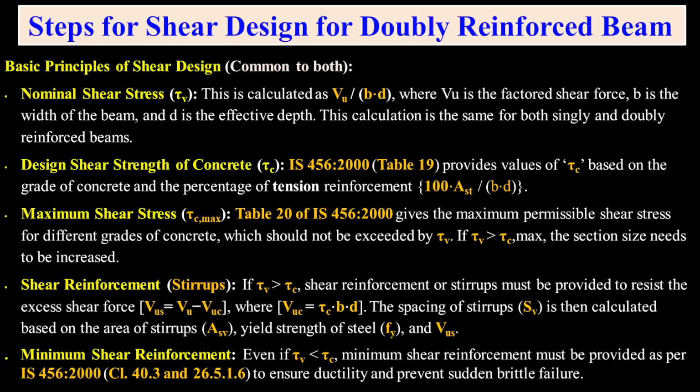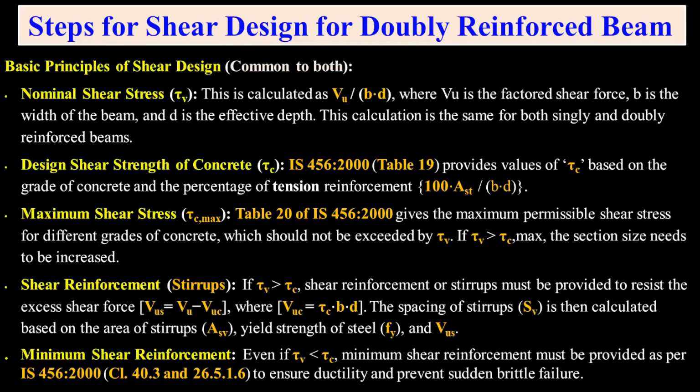Finally, for shear reinforcement, or stirrups, if tau v is greater than tau c, stirrups must be provided to resist the excess shear force, Vus. This Vus is calculated as Vu minus Vuc, where Vuc equals tau c multiplied by B multiplied by D. The spacing of these stirrups, Sv, is then determined based on their area, Asv, the steel's yield strength, Fy, and